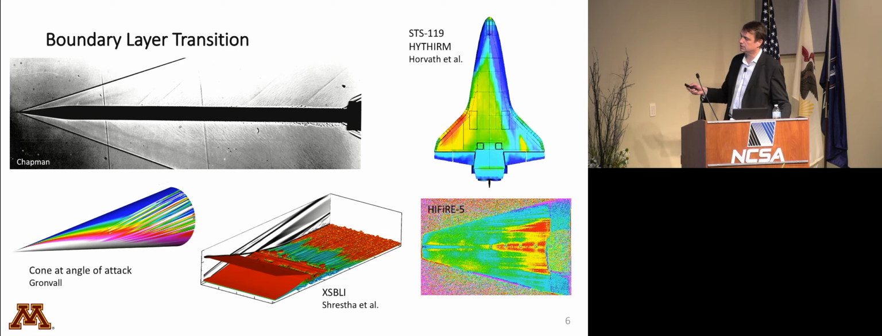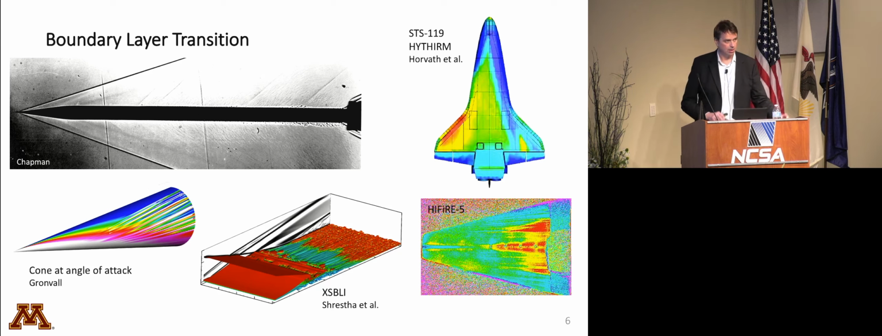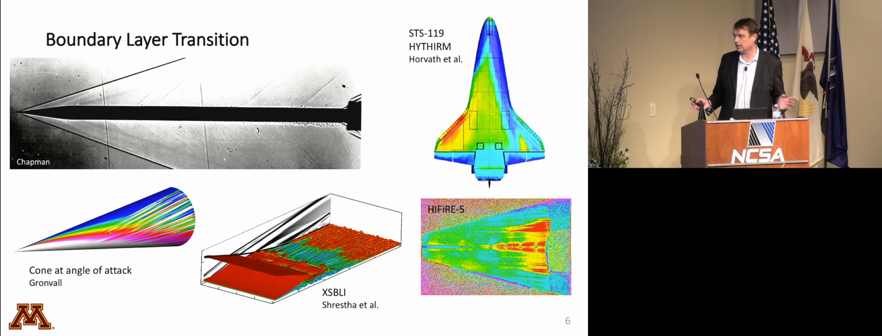So you can see different mechanisms of transition. Here it's because of the crossflow. Here it's another form potentially of crossflow. This might be a different mechanism. This is due to a roughness element that causes transition, and this is obviously due to shock impingement. So these are the kinds of problems we work on in hypersonics, and we want to understand,